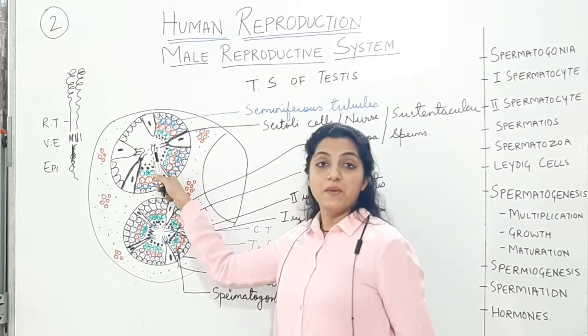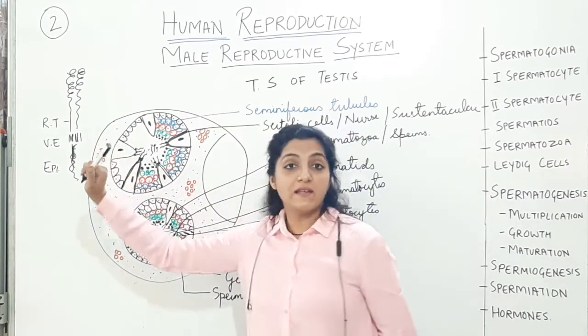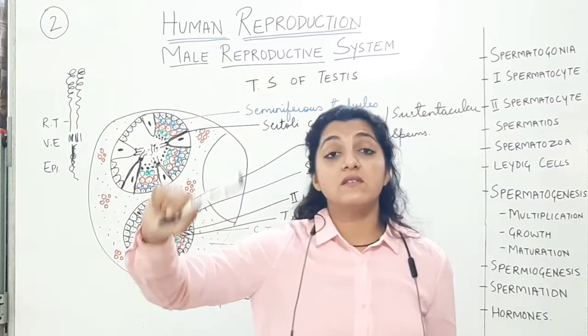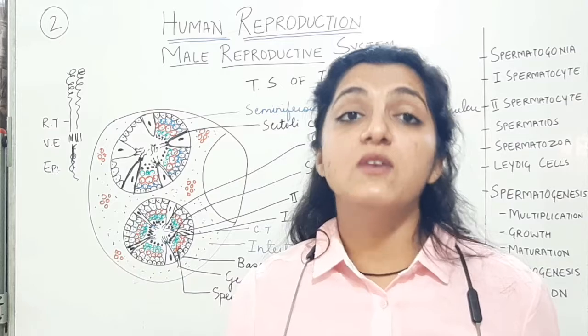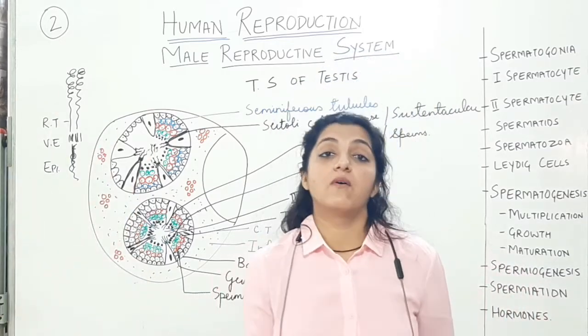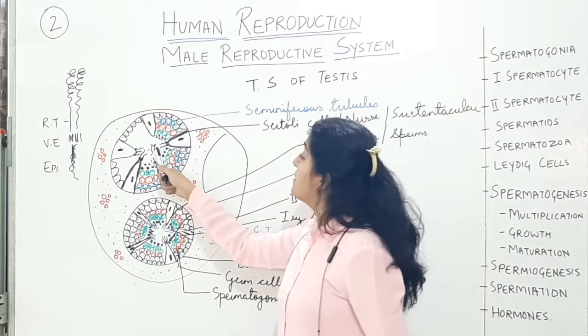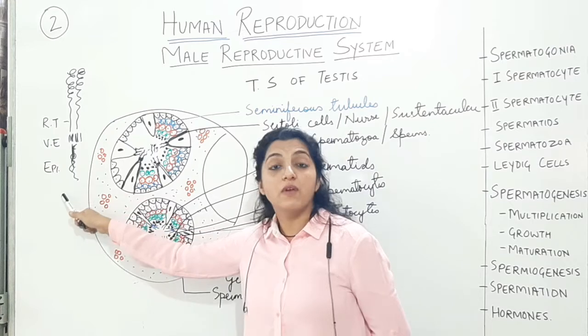And from this lumen, from this area now, they will come out and move to the rete testis, because we have discussed that they have to go to the female organism. The male gametes which are produced, the sperms that are produced, have to go to the female organism. So they will be traveling from here to the rete testis, then through the vasa efferentia to the epididymis,